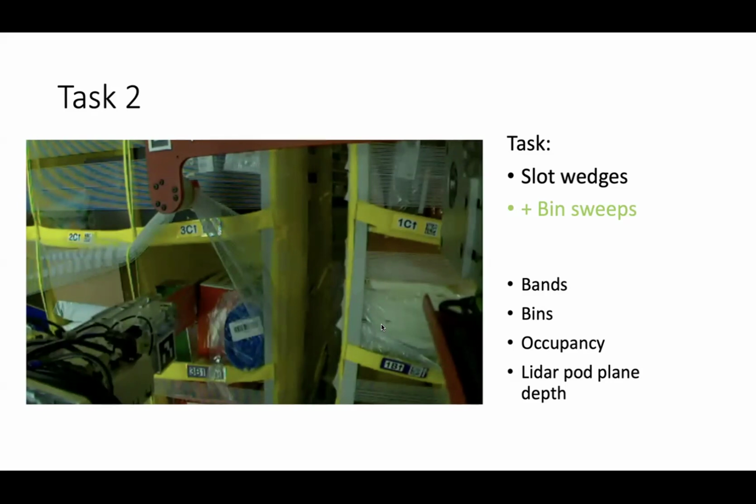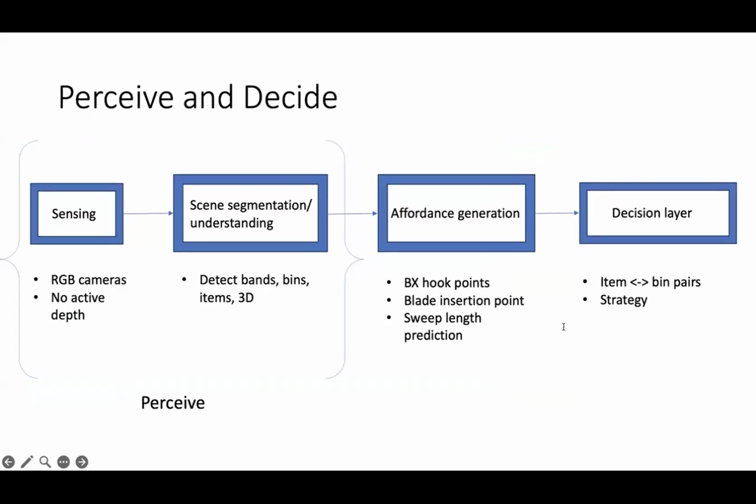As I mentioned, we identified a bunch of moving parts in band separation that we had to overcome. And so we took a hard look and decided, okay, we're probably going to introduce n number of such behaviors where we're trying to rearrange the bin itself to make space. And to do that, we really need to decouple the perception or the pure CV portions out from affordance and decision layers. And so this is maybe the updated version of what those APIs look like, where your